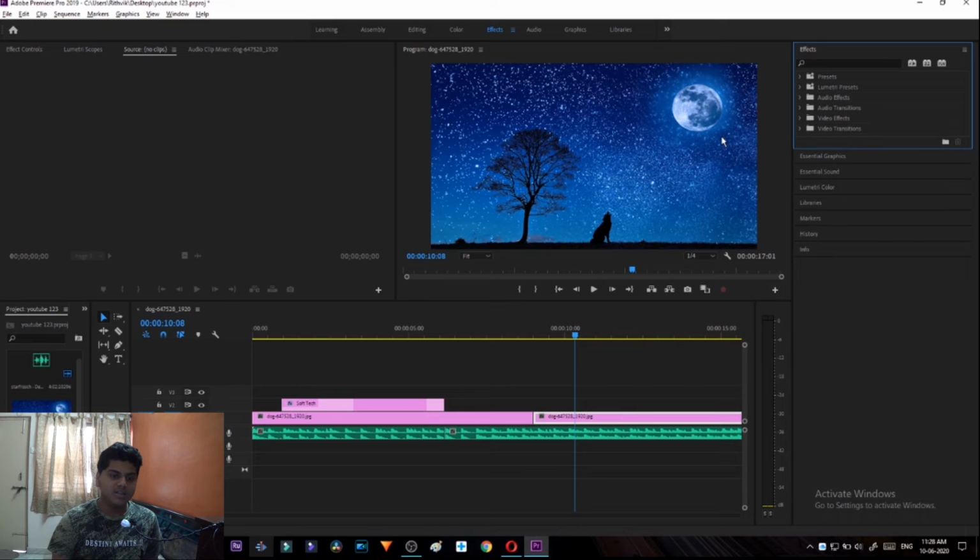So guys, you can see this is the effects tab and this is how it looks, and these are the main effects in your Premiere Pro. This effects tab is dedicated to these effects. Because there are so many effects, they made literally another tab for it.